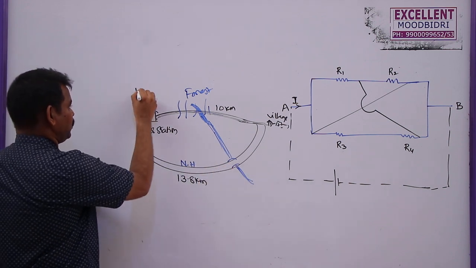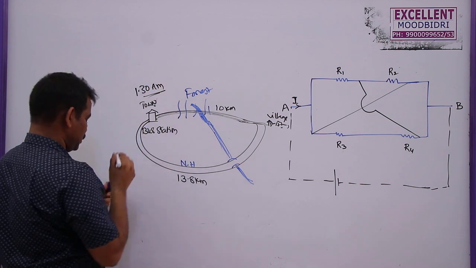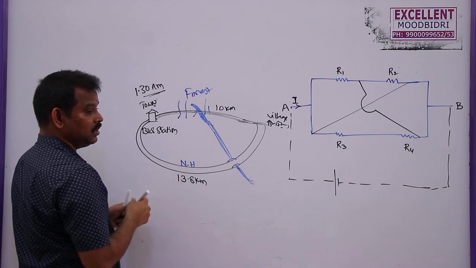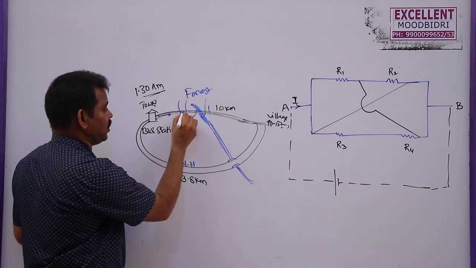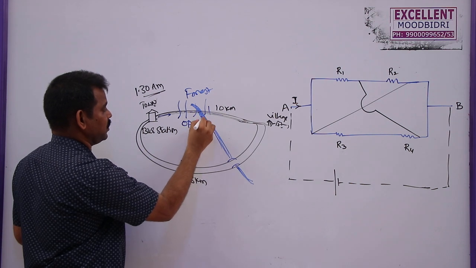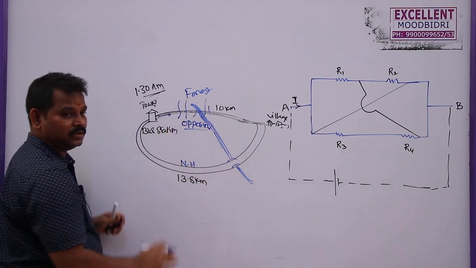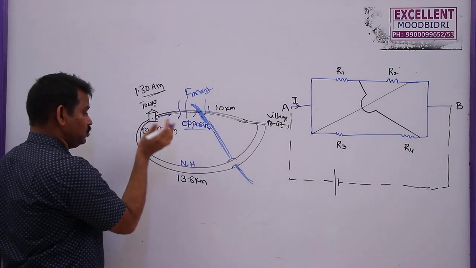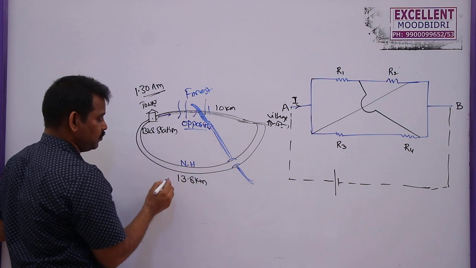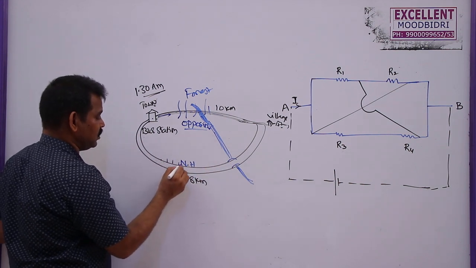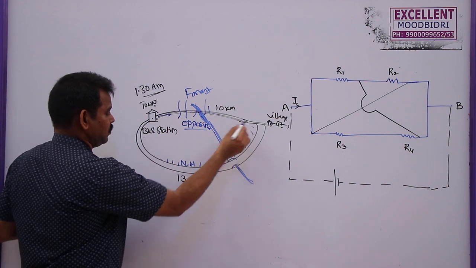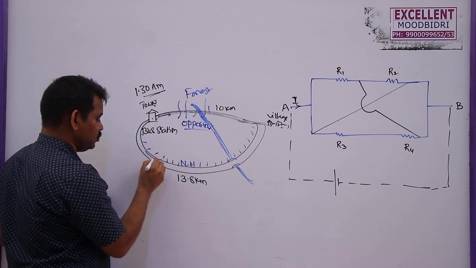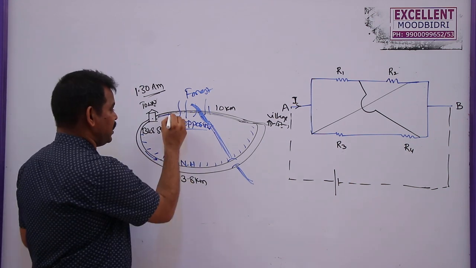Now at midnight, 1:30 a.m., generally we prefer this route. Why? Because this is a forest. That means for our motion there is a lot of opposition here. This forest, this river, everything, this is opposition. Just like in this circuit, we will try to choose the path where the resistance is less, because this is having street lights throughout its length. Even though the distance is slightly bigger than this one, we will choose this path only. Similar to us, because here opposition is more.